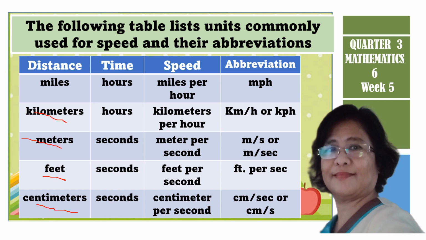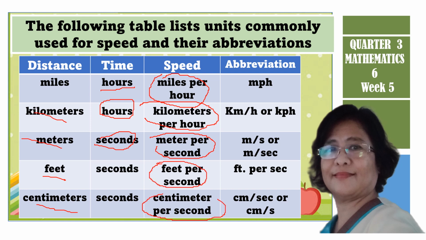For time, we have hours and seconds. And for the speed we have miles per hour. If you noticed, speed is a combination of distance and time. Miles per hour, kilometers per hour, then you have meter per second, feet per second,